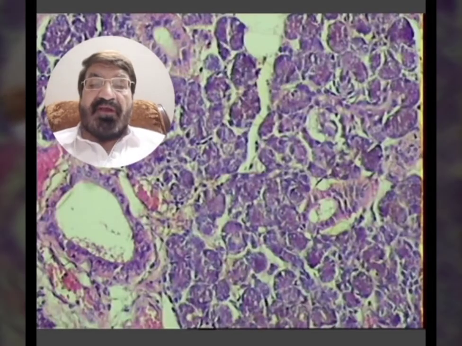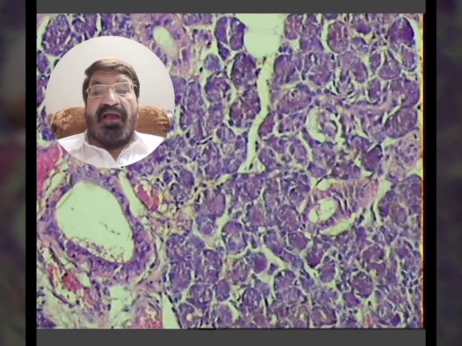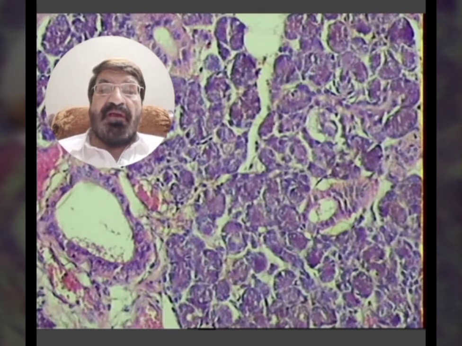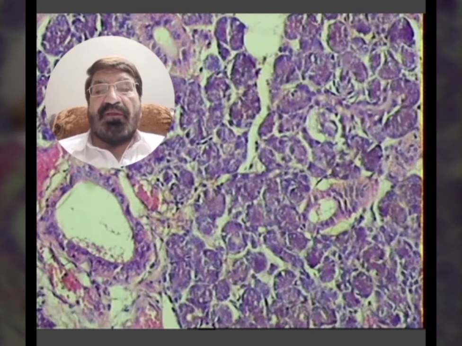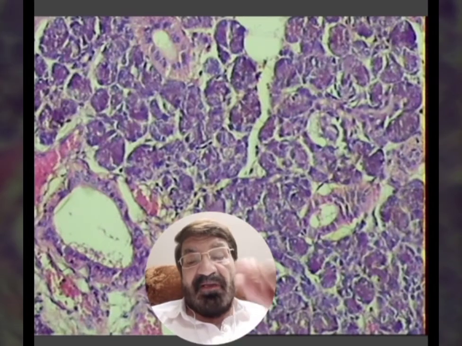What about the accessories of the gastrointestinal tract? The accessory glands which are related with the GIT are the parotid, submandibular and sublingual. These are the salivary glands. We will also talk about the gallbladder and the liver. Can you see the parotid gland is purely a serous type of gland? I have told you that the major salivary glands are the parotid, submandibular and sublingual.